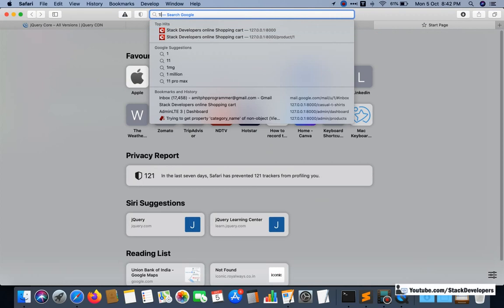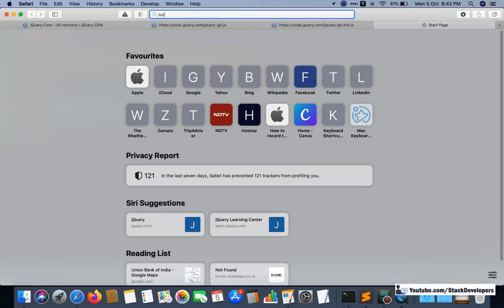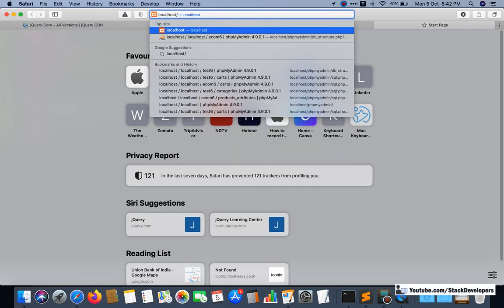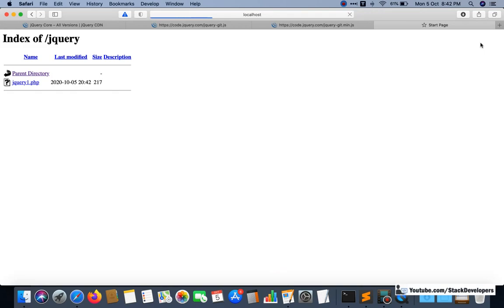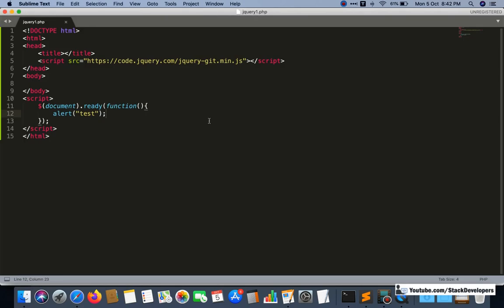I am going to add localhost, then jQuery, and jQuery1.php. Here you can see the test is coming, so our jQuery is working fine.